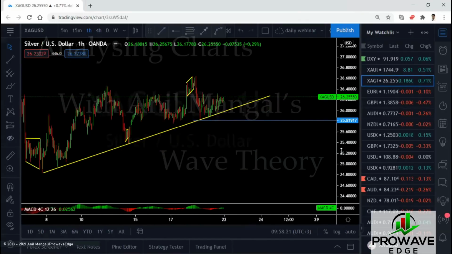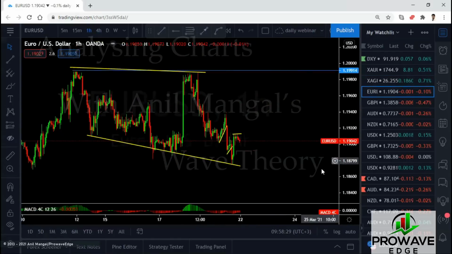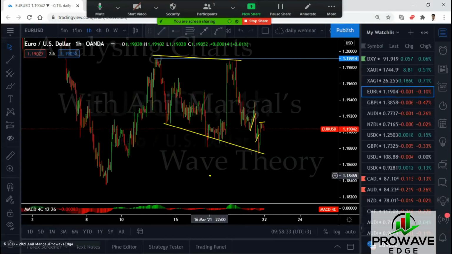Let's see what would happen, right? This could still crawl up to the top. I'm not trading it to the upside. I'm trading something else to the upside. Euro, you can trade to the upside. You might be lucky because euro did not go up as yet. So if you remember the pattern we're looking for in euro, we had this, we had 1, 2, 3. I told you they will come here. They'll go back to the top here, break this top, and then come back down here. Right? That was what we were looking for.